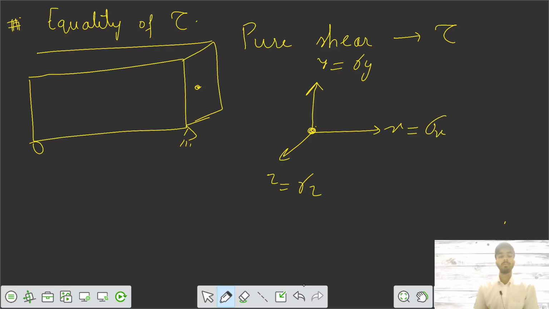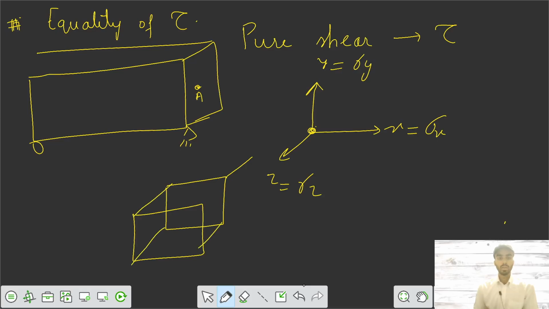To make it in equilibrium, we make a cube or cuboid shape that represents the state of stress on that particular point A. Let's say on this plane, sigma x was acting here, and sigma y was here, and sigma z was there. Then to balance that, the element should be in stable equilibrium. For that,